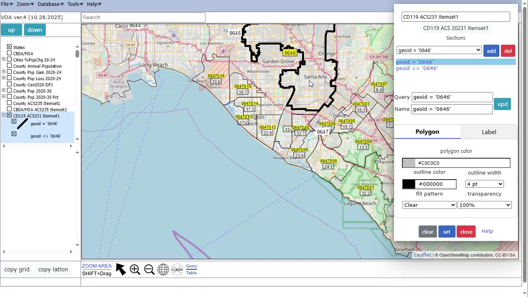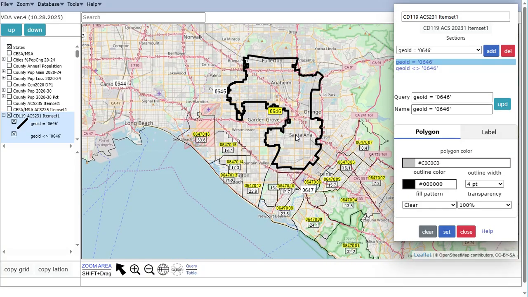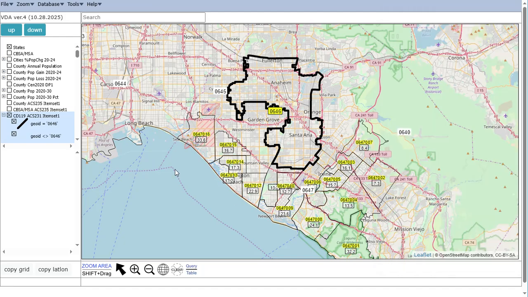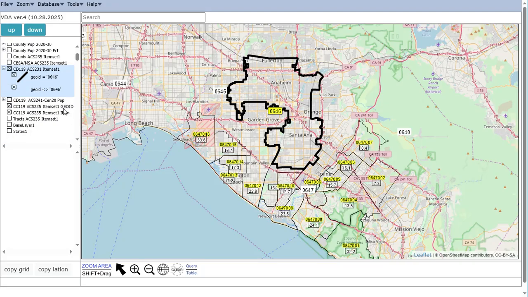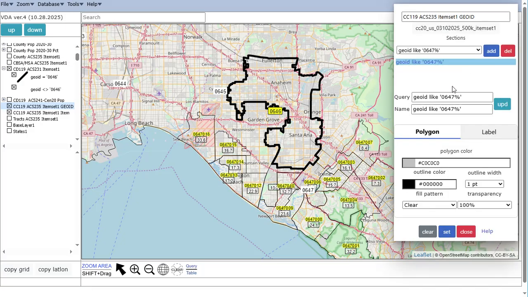So I'm in this particular area, which is the CD encompassing CD0646, the Santa Ana, Anaheim area. So I drag this down some. I go back, I close this layer editor section. I make this my active layer. I choose Tools, Layer Editor again, and I again modify the single section on this one to 06,